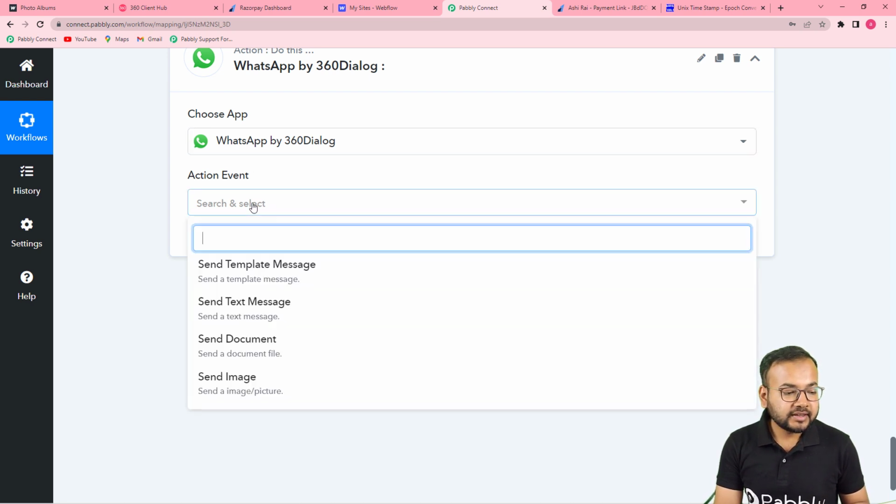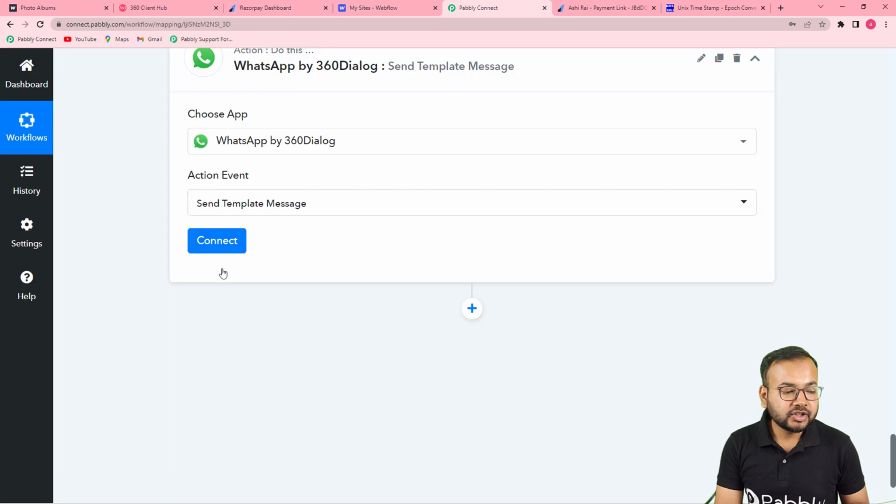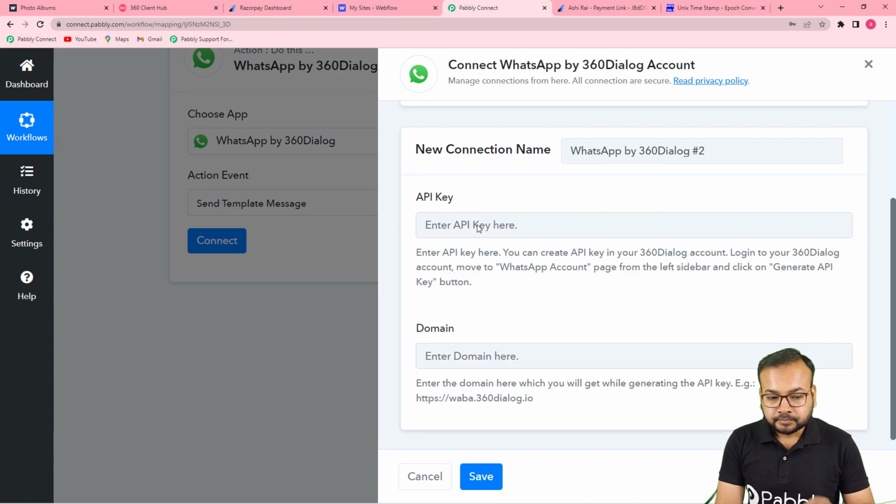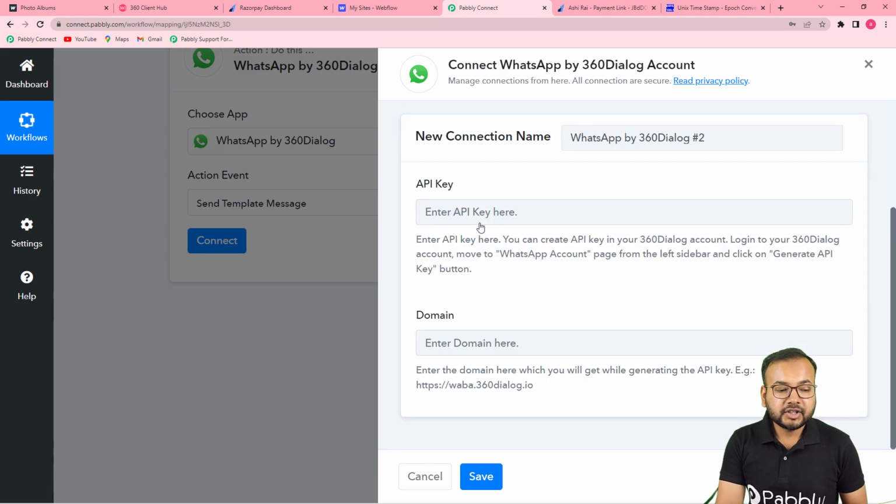So now you have to select the action event as send template message. Okay, then click on connect, and from this window select add new connection. Okay, now to make the connection with 360dialog you need these two things, the API key and the domain name. Okay, so to find these two things you need to reach your 360dialog account, and there you will find